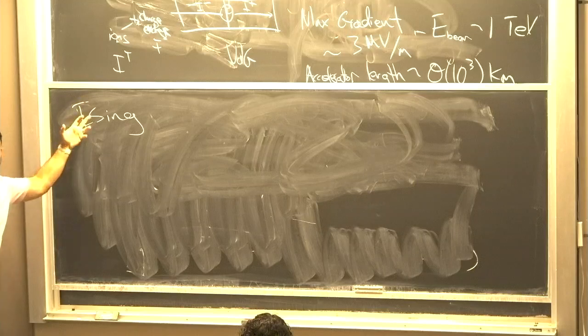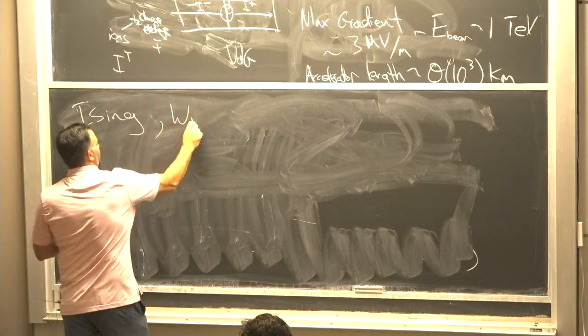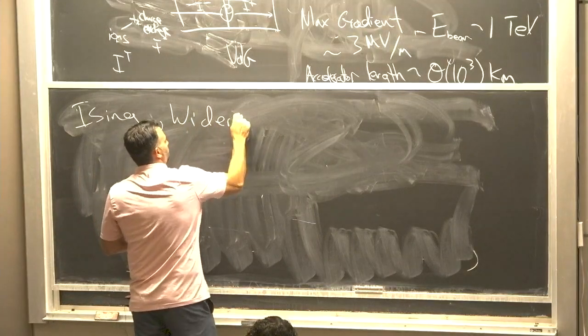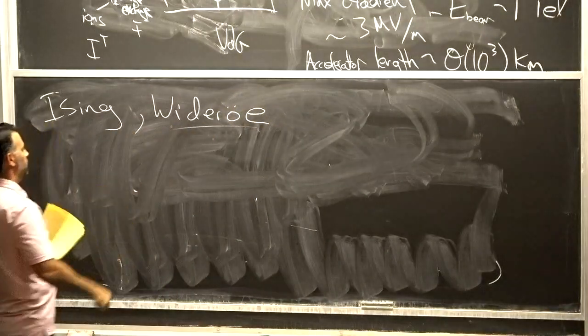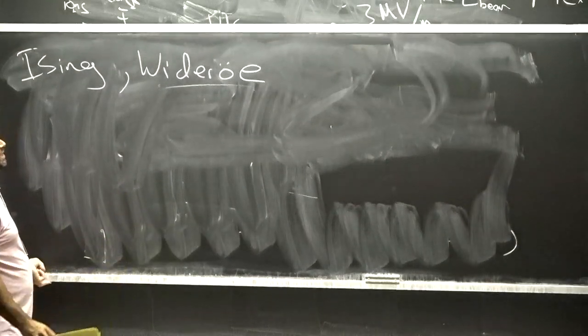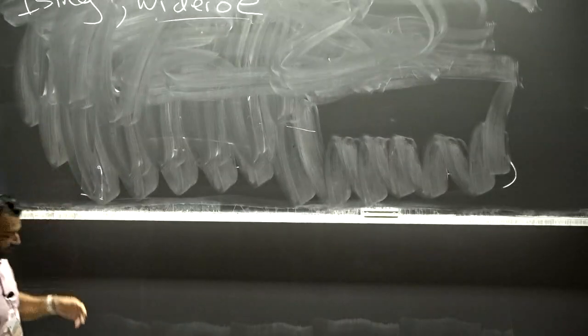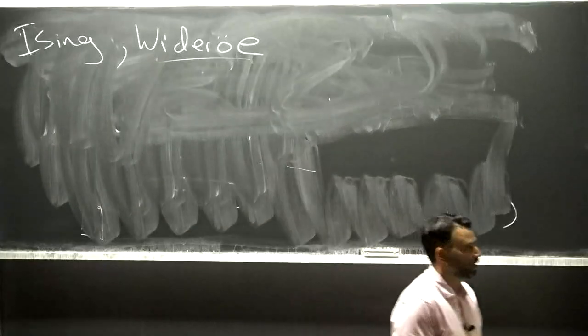There are multiple icings in the history of physics. And the first accelerator was done by Wideröe about 3 years after the idea came out. Okay, so we want to come up with some sort of technology that would only let us see the positive parts of the potential of our RF source.